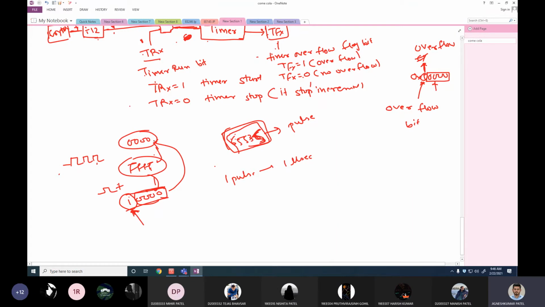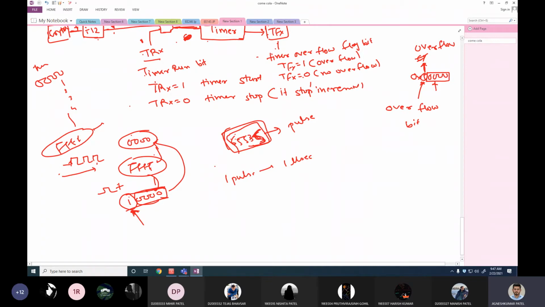See, I have started from this number and I have reached this number. Why have I reached this number? Because there is an incoming frequency, and due to this frequency, there are pulses. Due to those pulses, this timer is incrementing. It has started with 0000. On the first pulse it is 1, 2, 3, 4, 5, and so on and so forth. It has reached up to FFFF. That means the number of pulses received is this 65535. Am I correct or not? Yes. The only thing is this is hexadecimal and this is decimal. That's why you will see FFFF represented as 65535. Otherwise, everything is correct.